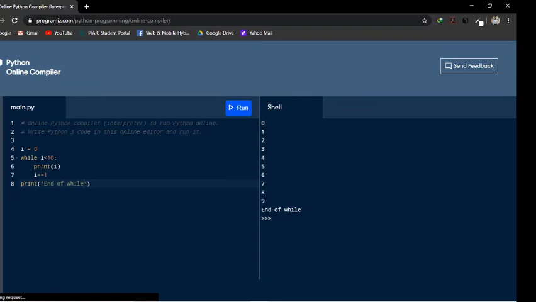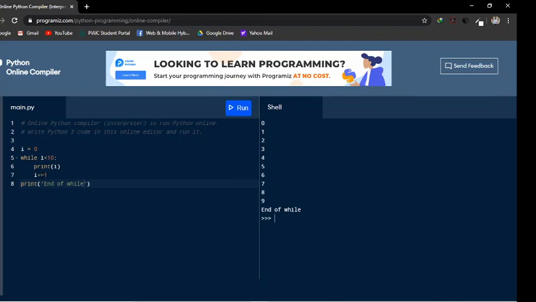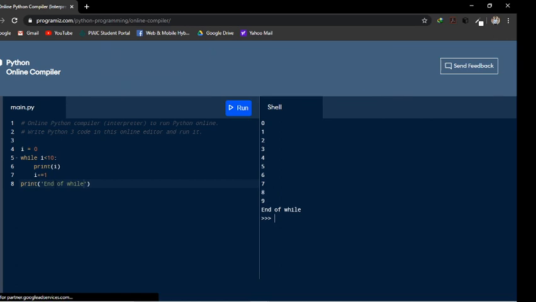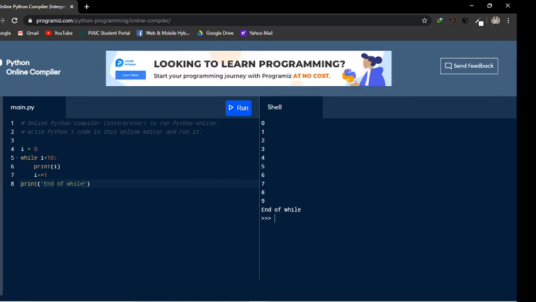Then we increase i, 1 plus 1 becomes 2, and again check the condition, 2 is less than 10, true, and it goes on till 9. When i is equal to 9, we print 9, and 9 plus 1 becomes 10. So again we check the condition, is 10 less than 10? Here the condition becomes false, so we come out of the while loop and print the end of the while loop. So it's out of the while.